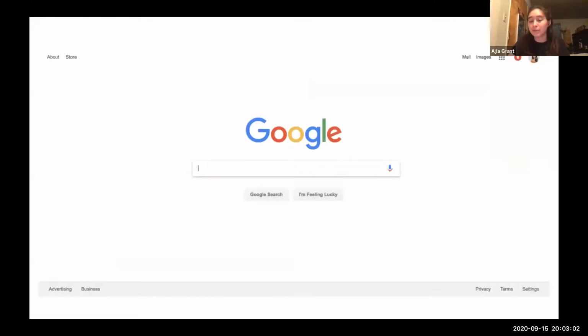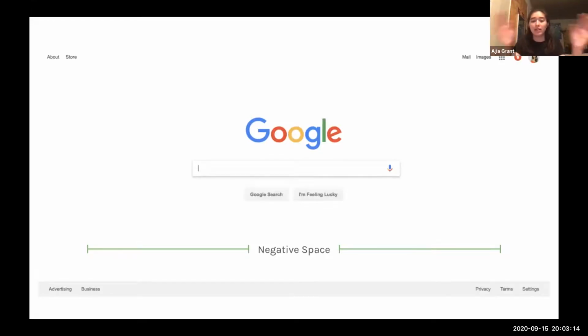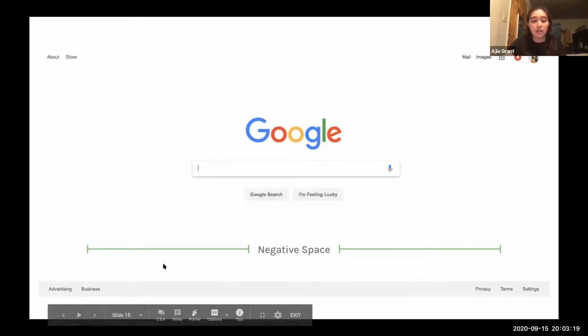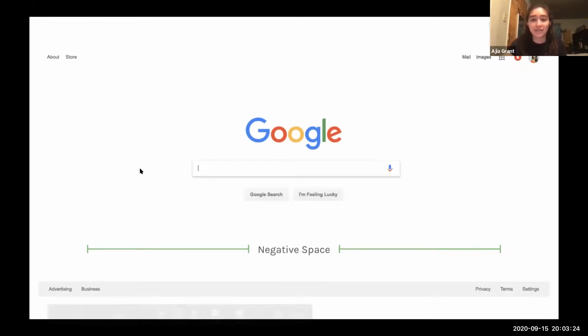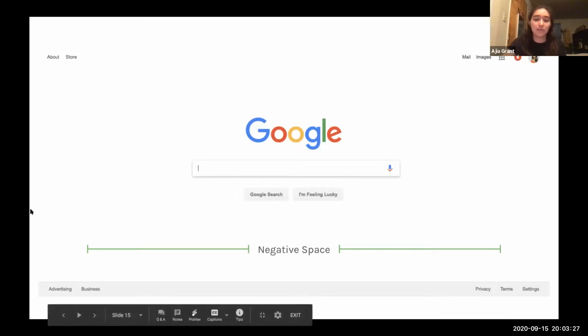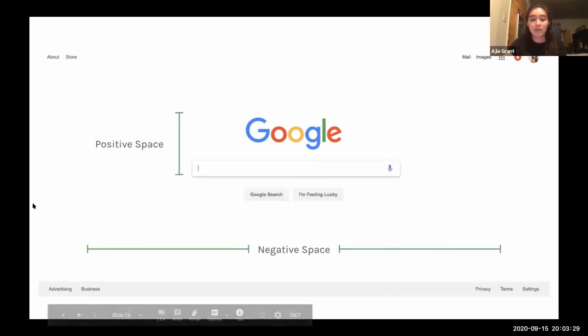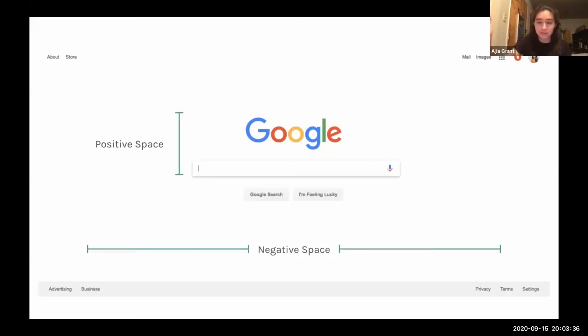So yeah, we're going to break down the Google homepage because it has a great example of negative space versus positive space. Everything that doesn't have anything in it, as I said, is the negative space. So all this area down here, I don't know if you can see my cursor, and just everywhere in this white area. And then the positive space, mainly in the center with the Google logo and the search bar buttons, that bottom menu as well.